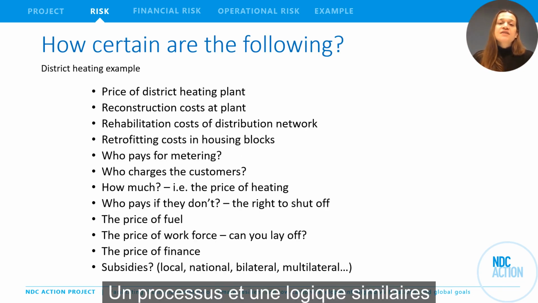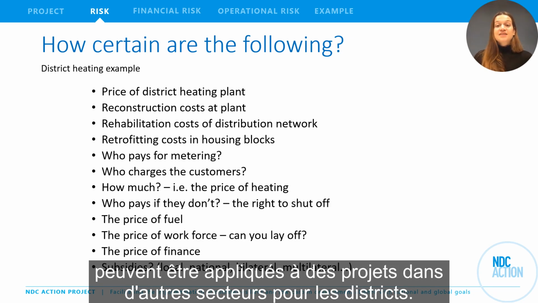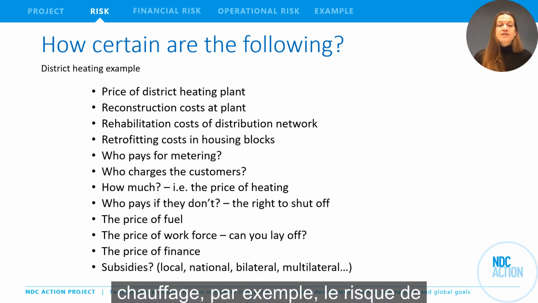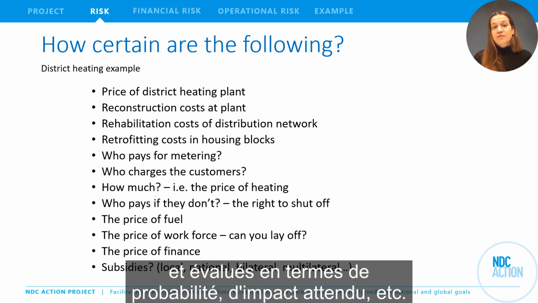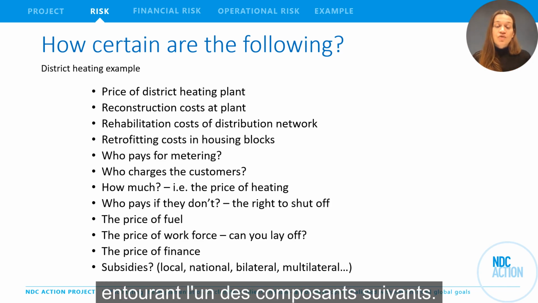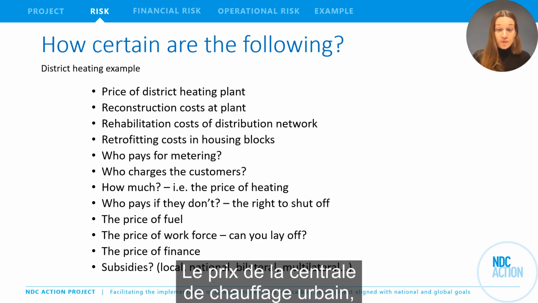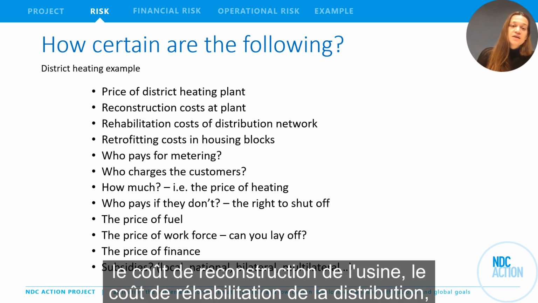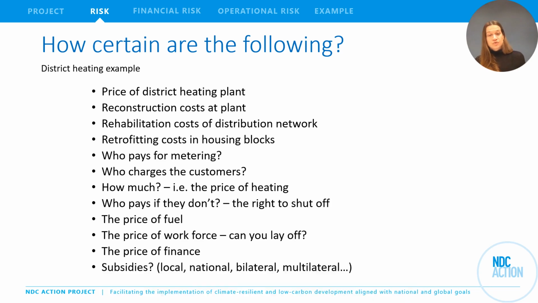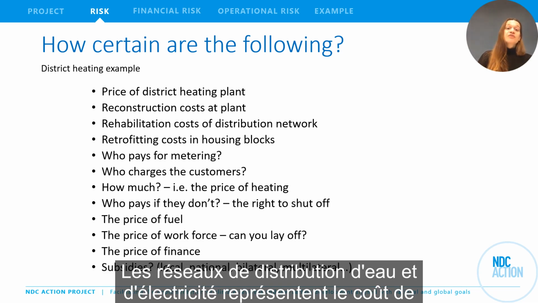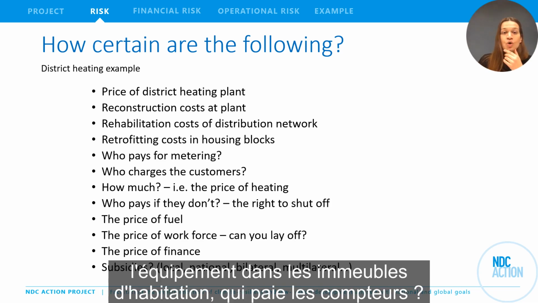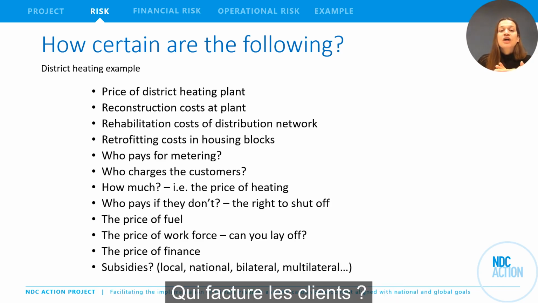A similar process and logic can be applied to projects in other sectors. For district heating, for instance, project risk can be listed in the risk matrix and assessed in terms of probability, expected impact, and so on, by thinking through uncertainties surrounding any of the following components: the price of the district heating plant, the reconstruction cost at the plant, the rehabilitation cost of distribution networks, the retrofitting cost in housing blocks, who pays for the metering, who charges the customers,